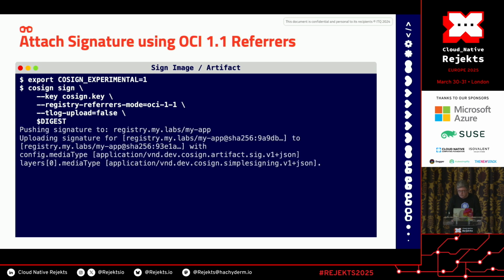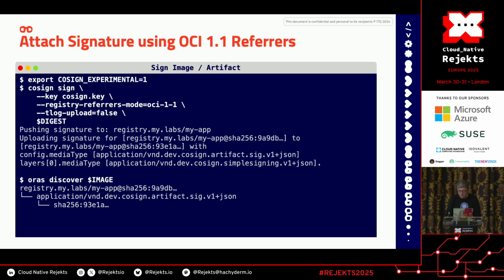And here you see all the information that cosign sign did. It first signed the content, pushed the signatures to the OCI registry, and then attached these signatures to the image. And if you want to see this hierarchy of information, you can use ORAS, which is a command line tool that manages pulling and pushing whatever content into the registry, as well as some tools to discover the content inside the registry. And here I see the hierarchy of content. The image on top is a tree-like dump, and you see the signature digest here is the same as we got from the previous command line.